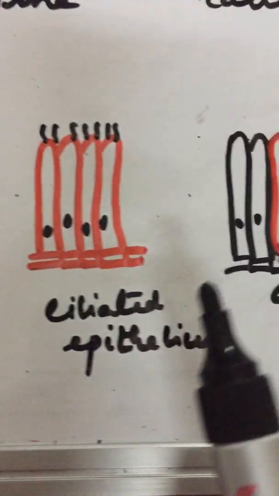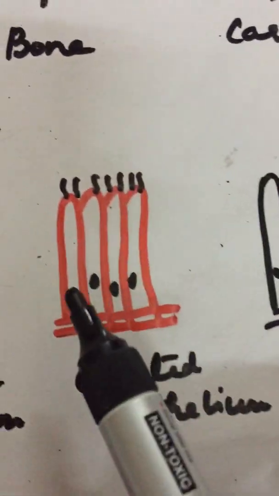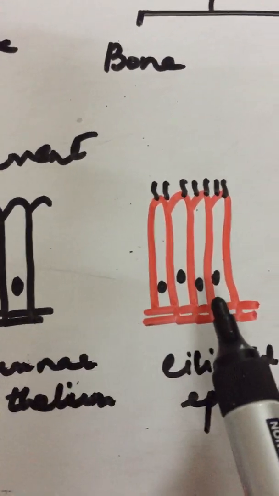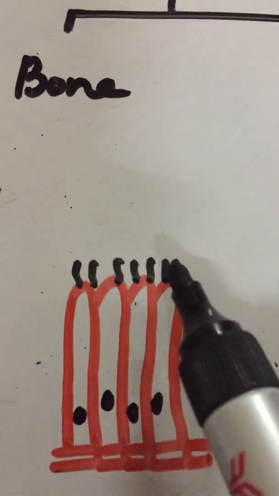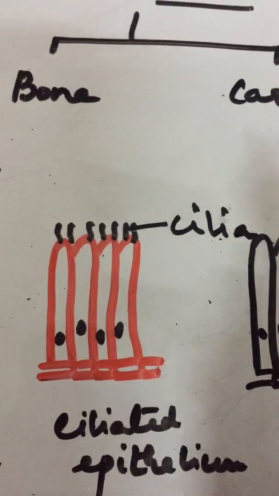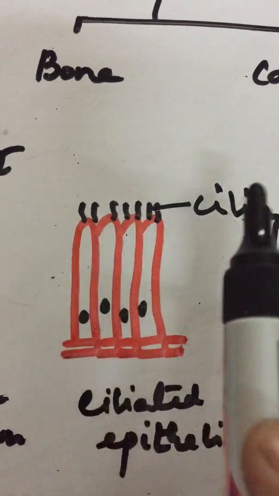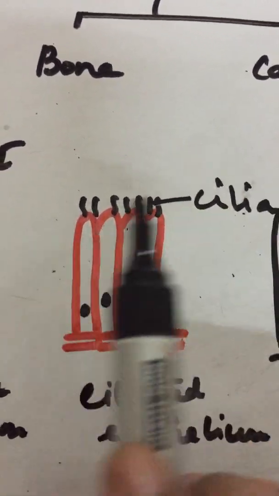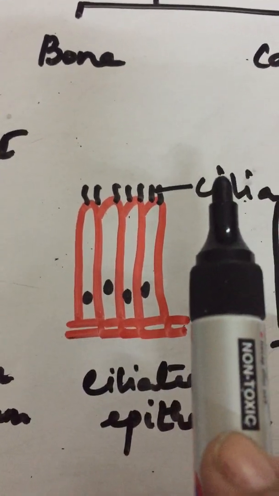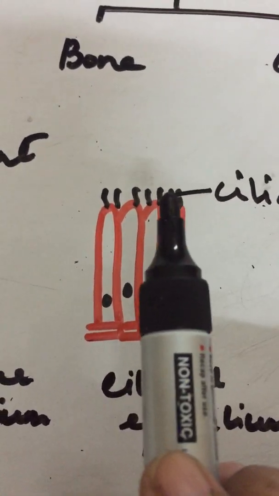The columnar epithelium is divided into two kinds, ciliated and glandular. Look at this epithelium. Cells are similar to the columnar epithelium because it's a modified columnar epithelium having hair-like projections called cilia at one end. These cilia move in a rhythmic manner like this, just like we sweep the floor or like a lashing movement. They move together and they drive away any foreign substance which comes in contact with them. They move it away. Just like sweeping is done, cilia move in a rhythmic manner.